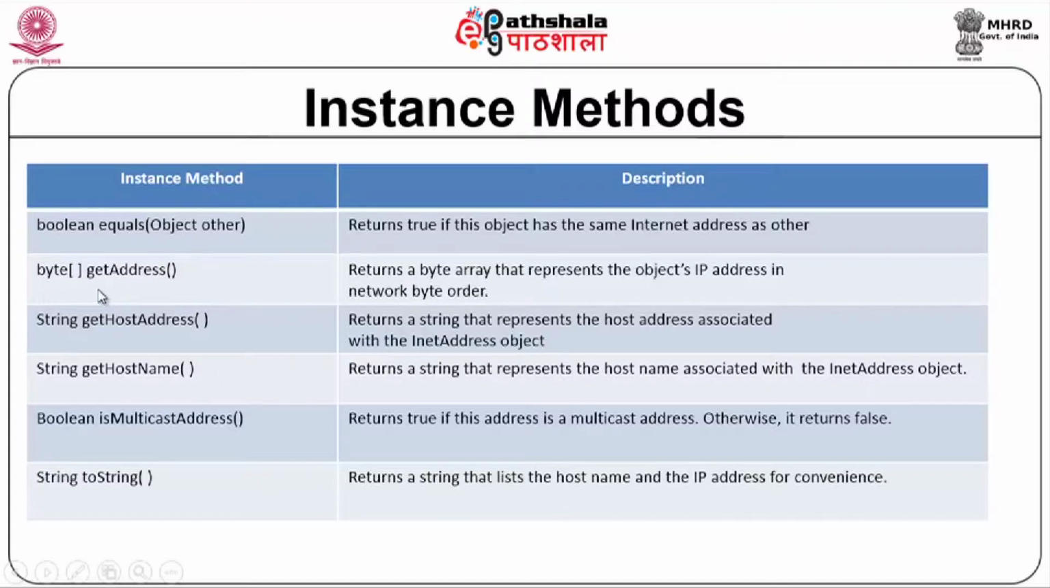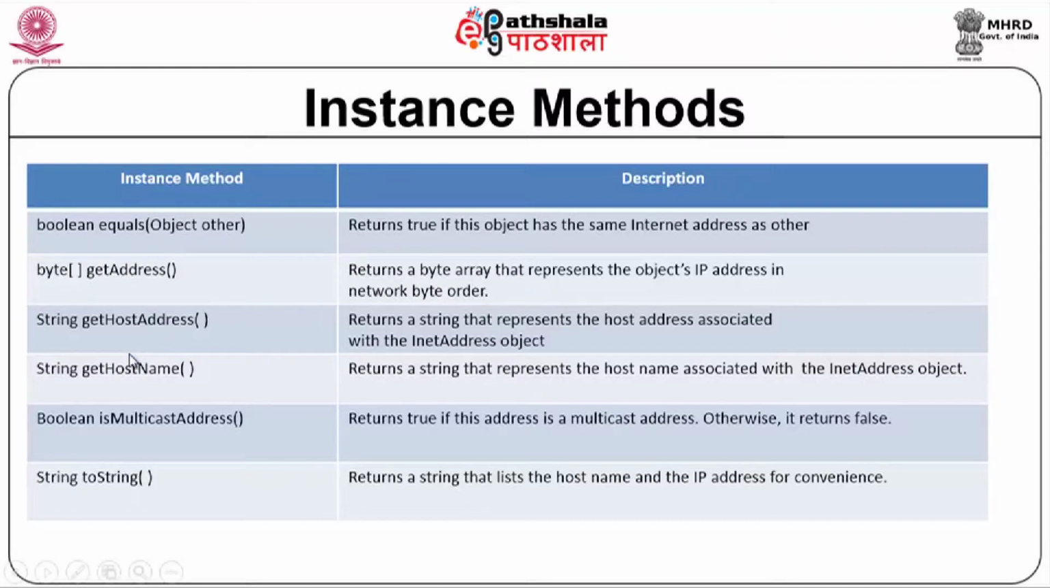And we have an instance method called getAddress. This getAddress would return a byte array. We can see here it returns a byte array that represents the object's IP address in network byte order. And we have a method called getHostAddress, which returns a string that represents the host address associated with